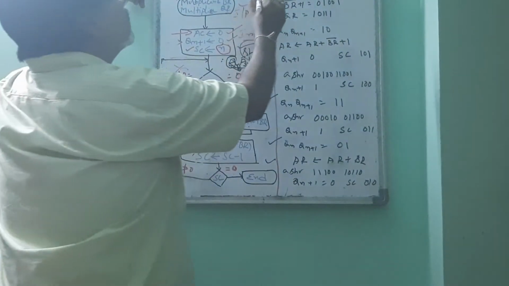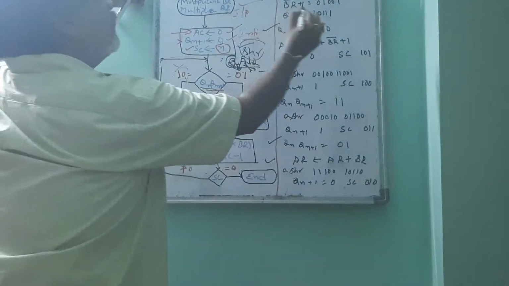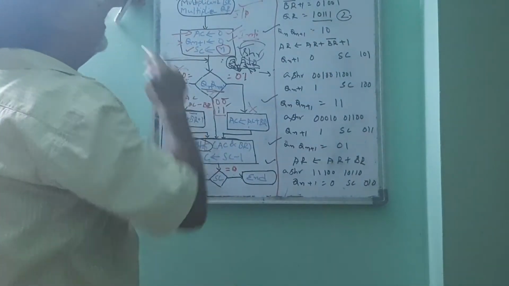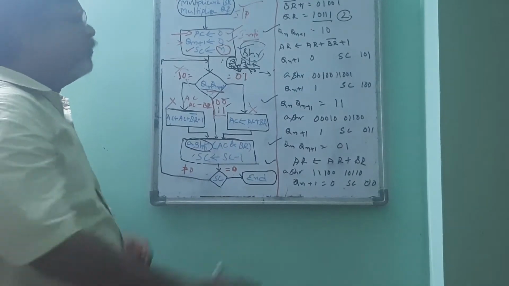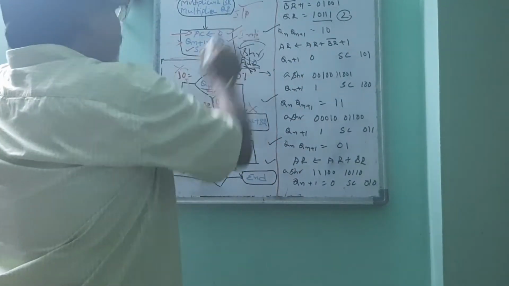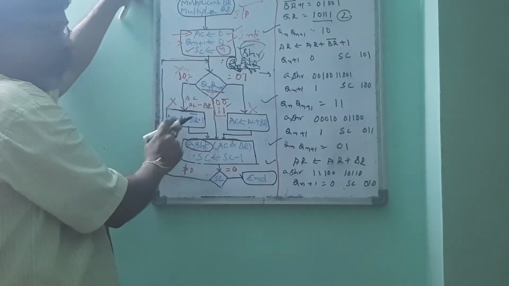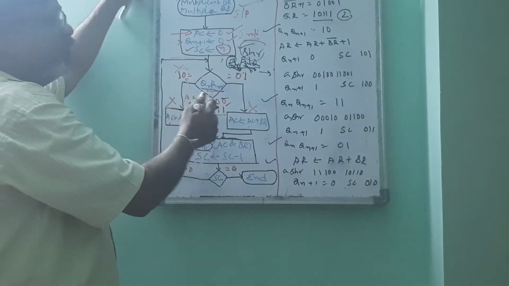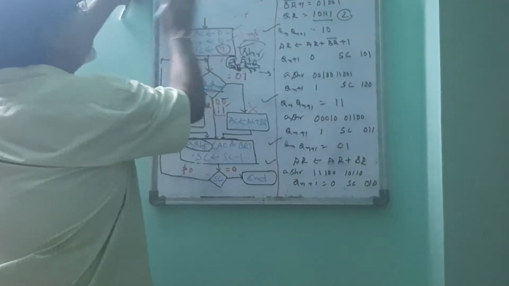This is the first input. And the value of QR is this one, the second input. Here you can see I have taken the same value for both. In this case, BR is okay. But if you want BR bar plus 1, meaning the 2's complement of BR, what is the 2's complement of BR here? I think this is okay.